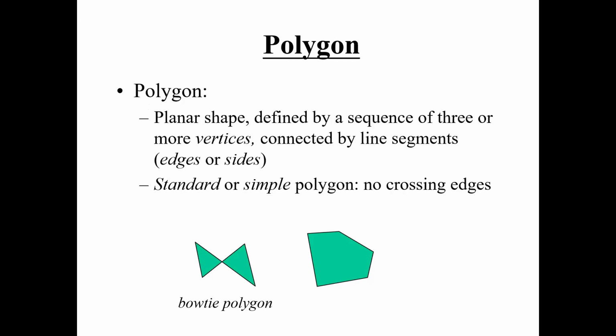I cannot take the term surface if I want to define the polygon. So what do you mean by polygon now? You can say that it's a planar shape, because on a plane it will have one kind of shape.